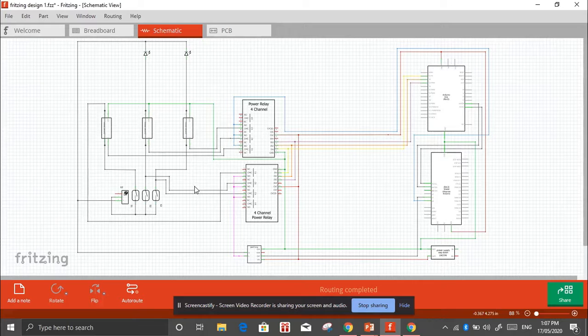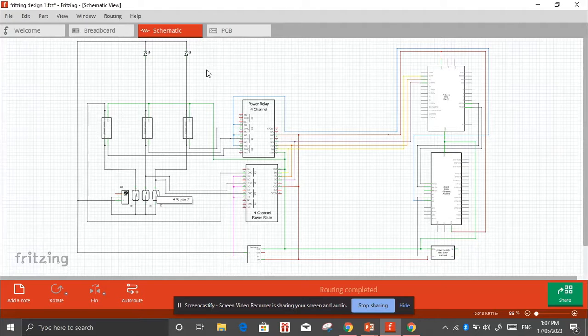The circuit is designed using FreeSync software. The circuit can be divided into two parts, that is AC and DC. The AC circuit consists of switches S1, S2 and S3, bulbs B1 and B2 and a power socket. The switch S1 controls the supply to the power socket. The switch S2 controls the supply to the bulb B1. The switch S3 controls the supply to the bulb B2 respectively.